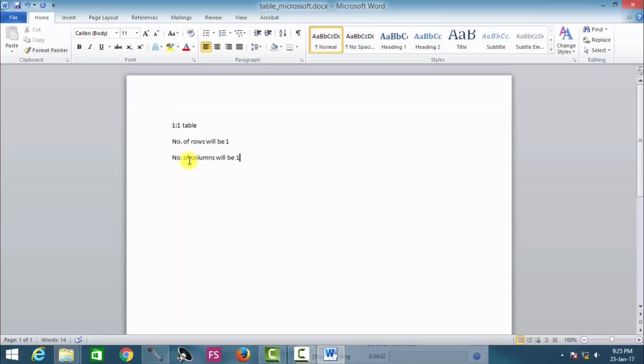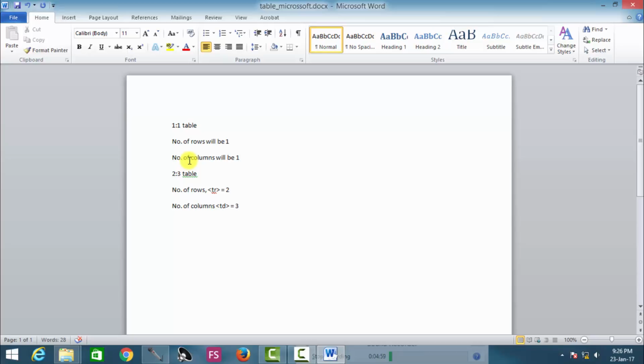But in case you are creating a 2:3 table, that means you are actually creating a table consisting of number of rows, which is actually referred as TR, will be 2, and you may call it as it is here, TR equals 2, and the number of columns, which is known as the tag TD, will be equal to